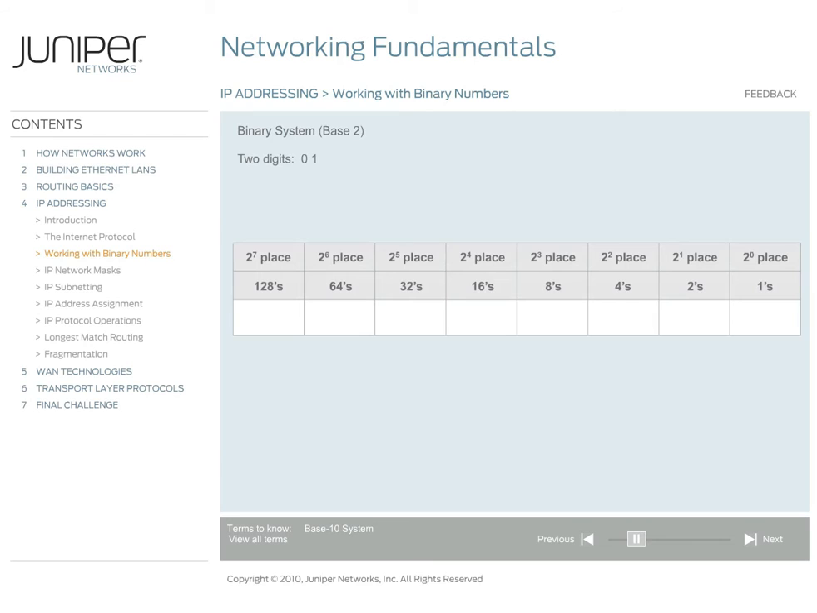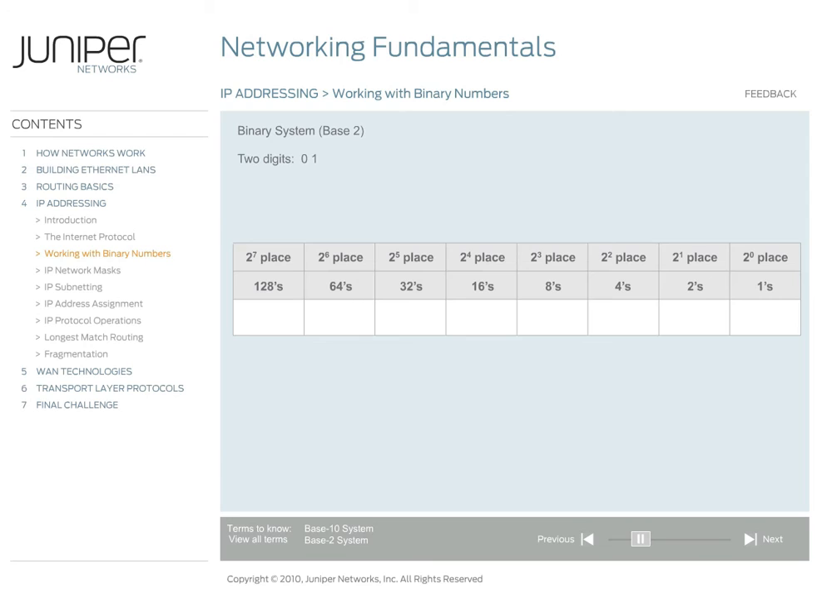While the decimal system is a base 10 system, the binary number system is a base 2 system. This system uses only 2 digits, 0 and 1. In the binary number system, each position represents a power of 2, as shown on screen. In this table, we show places for the first 8 powers of 2, which is equivalent to 1 octet of